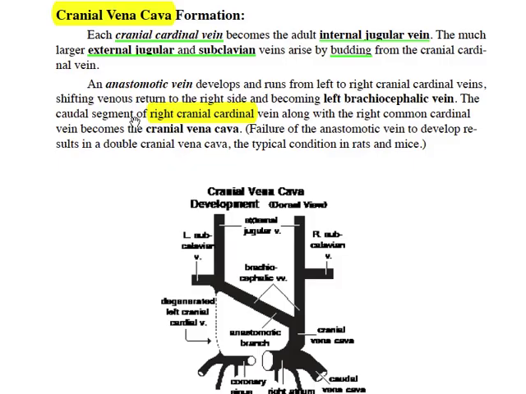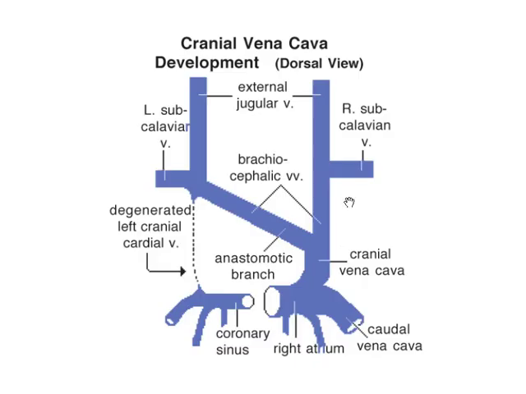The cranial vena cava is derived from the right cranial cardinal vein in our domestic animals. Each embryonic cranial cardinal vein becomes an adult internal jugular vein, and external jugular veins and subclavian veins arise by budding from that cranial cardinal vein. This image shows the external jugular veins and subclavian veins bilaterally, and they have arisen as buds from the cranial